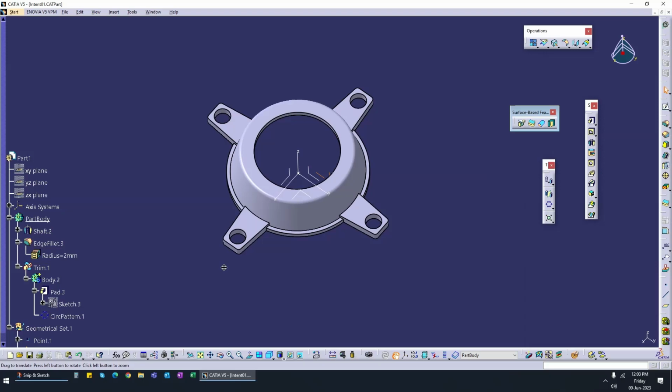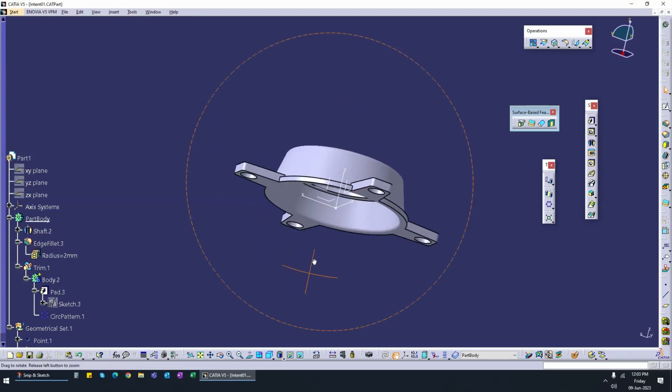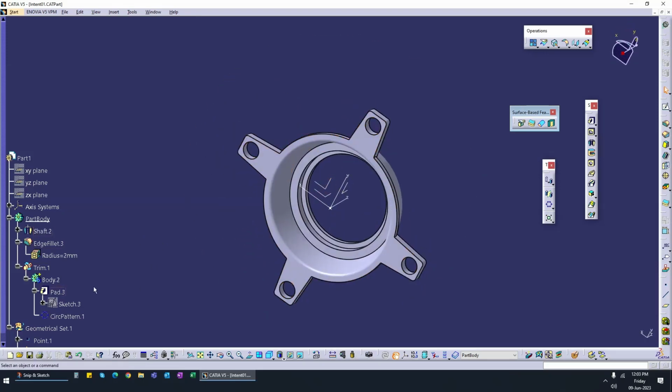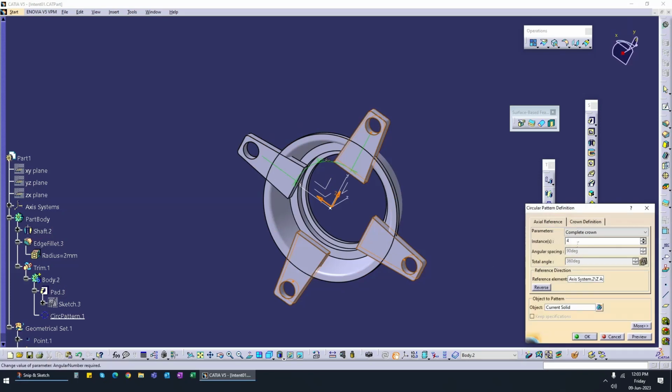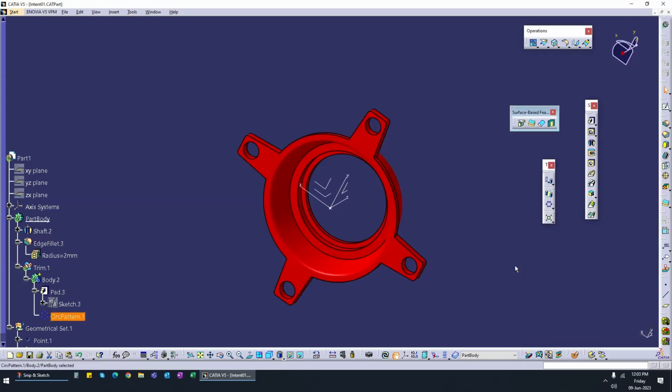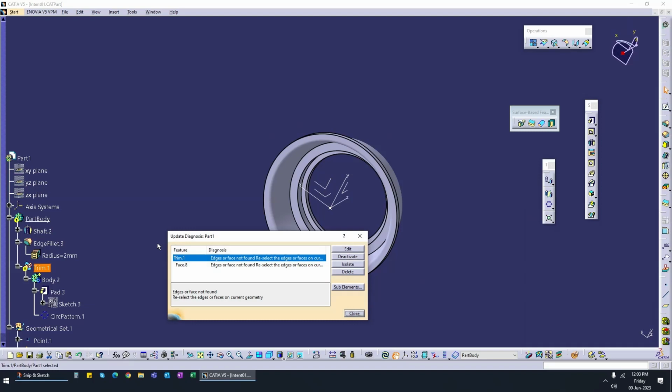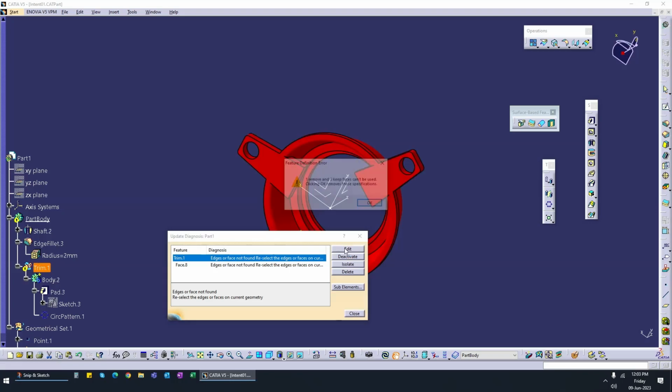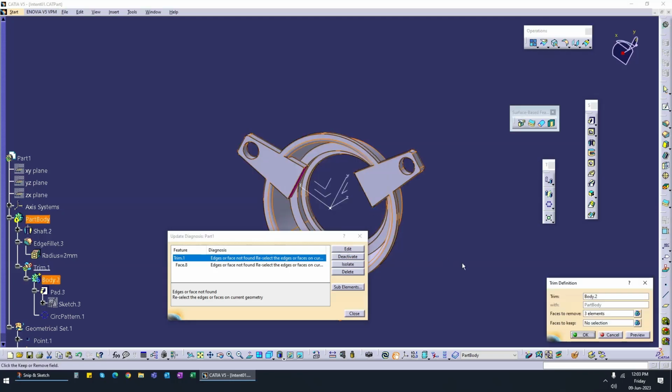So this is another way of getting the desired result. We actually needed 3, not 4, so let's change it back. Now it is saying that it is not able to find one face. Let's see what we can do. We edit the command, we close this,